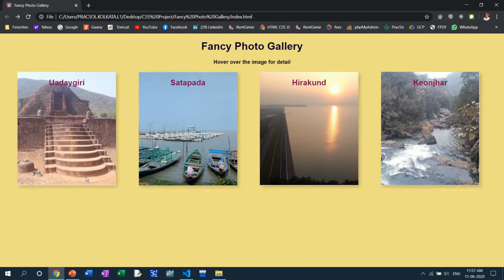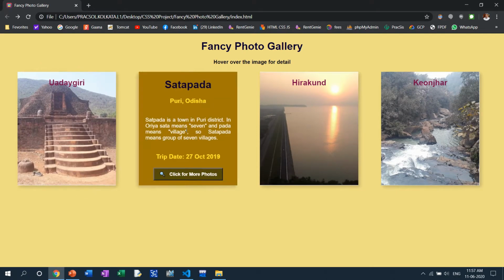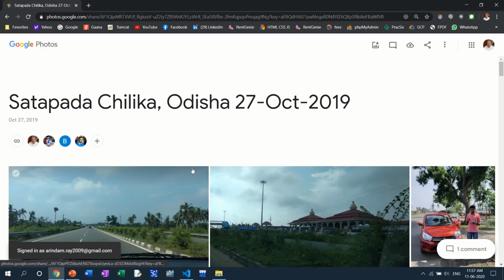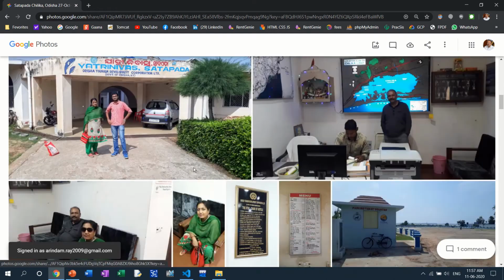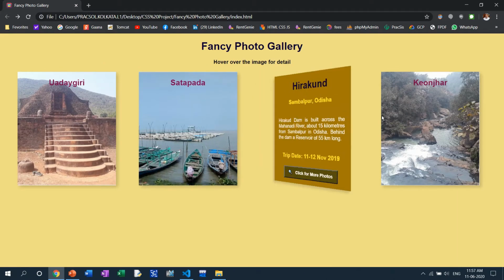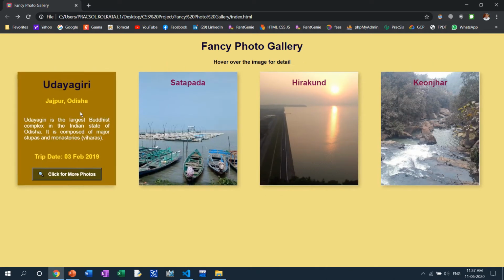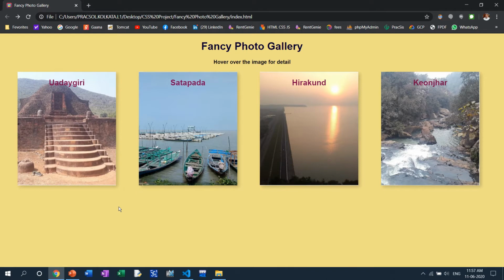So this way, it is one card, that is a flip type card, and if you click on another flip card also, here also you can click for more information about another location. Like this you can get all the information, and through this we can create a fancy photo gallery. Okay, let's start with this gallery, because for the creation of this gallery there are two